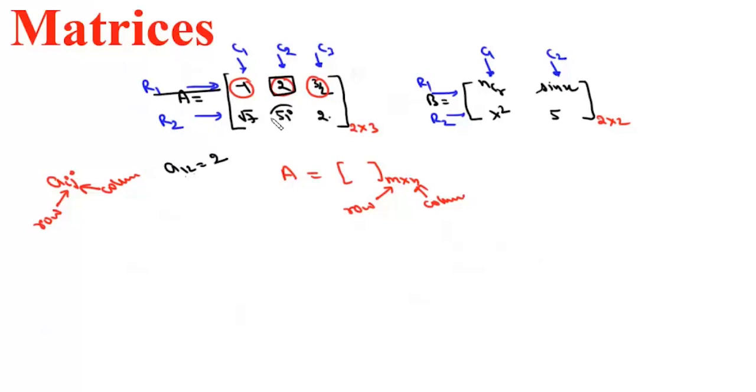Or we say this 5i. Now this 5i lies in second row and second column, so it will be simply A22. In the same way, for this one, suppose we want to write B12. Now first row, second column, B12 is sin x. So a matrix is characterized by its order and the elements which are placed inside those matrices.